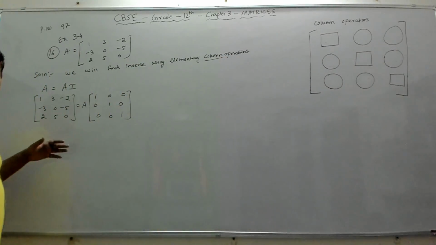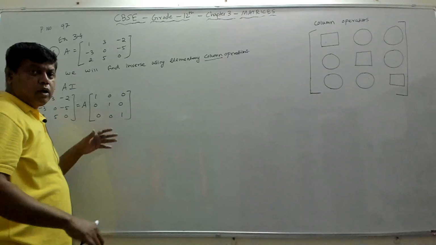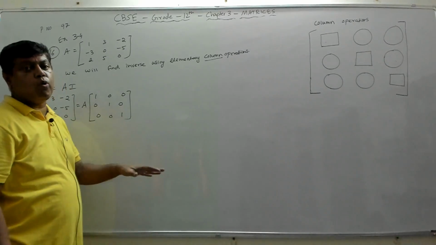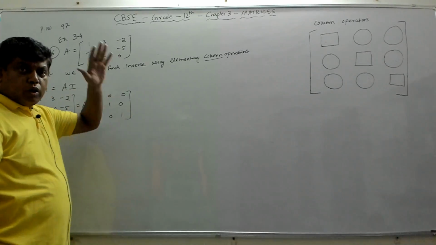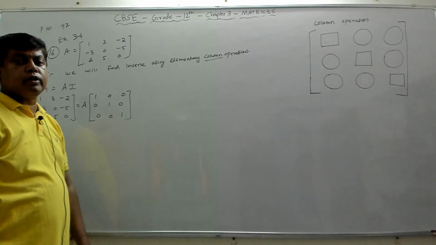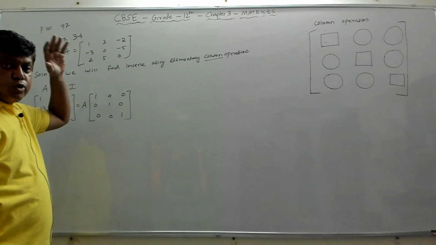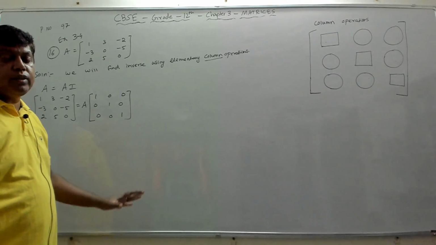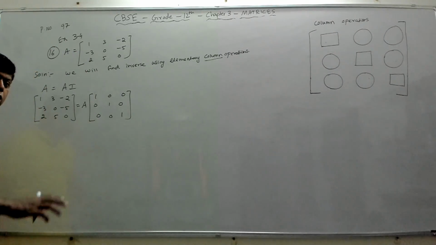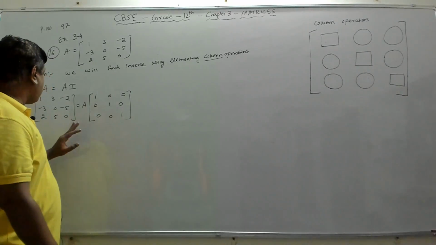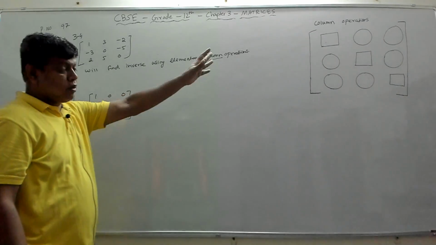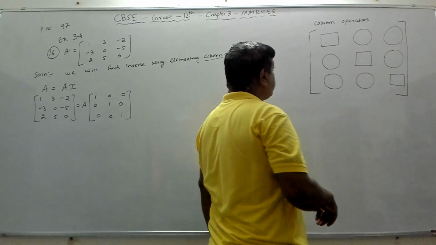We have to apply a series of column operations. We can't mix them. We can't apply column operations in some steps and row operations in others. Once you start with rows, throughout the problem you have to do row operations only for finding the inverse. If you have started with column operations, you have to use column operations only till you find the inverse. Now for the column operations, I'm going to explain the steps that we are going to follow.